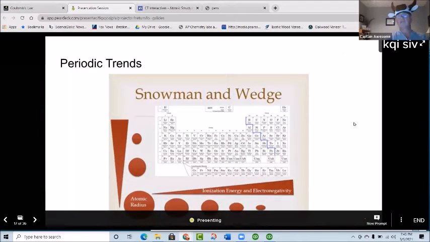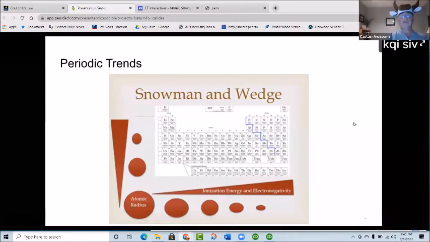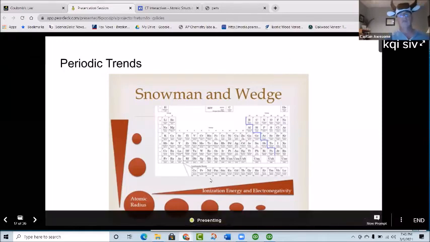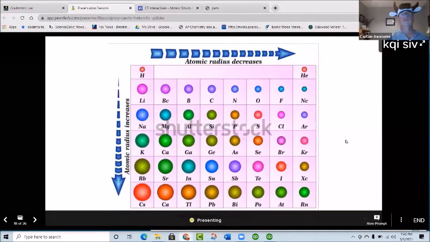All right, so let's take a moment to talk about periodic trends. A lot of people are taught periodic trends is super easy. You just go up and to the right or down and to the left and things like that. But the AP exam is really going to ask you to think about periodic trends. And periodic trends is really all about Coulomb's law. So when we look at atomic radius, yes, the radius decreases as you go to the right. Totally fine. The radius increases as you go down.